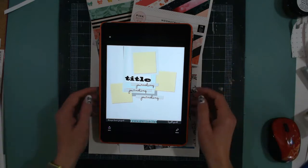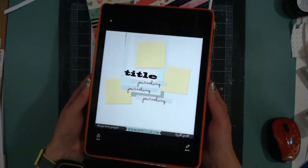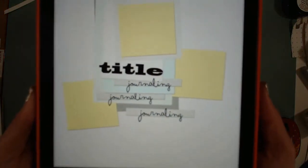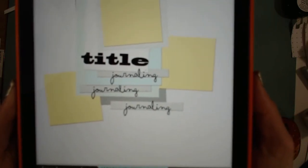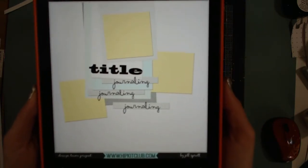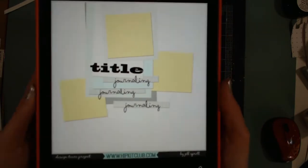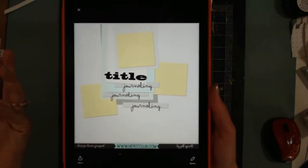It's Melinda, and today I'm bringing you a video as part of the video hop for Stretch Your Sketch. So we pick a sketch once a month, and this is the sketch that was picked. It's from HipKit, Jill Sprout, and the goal is to take this 12 by 12 and do it in a different size and make it